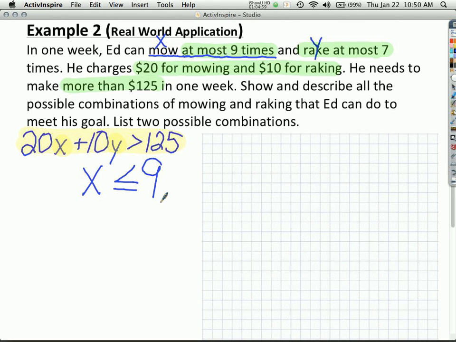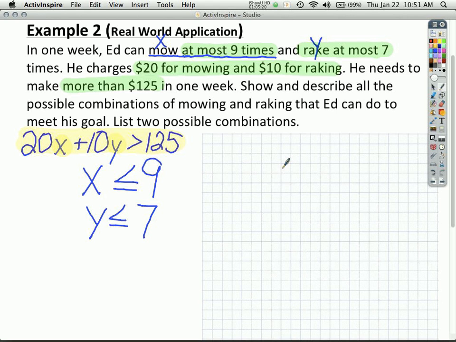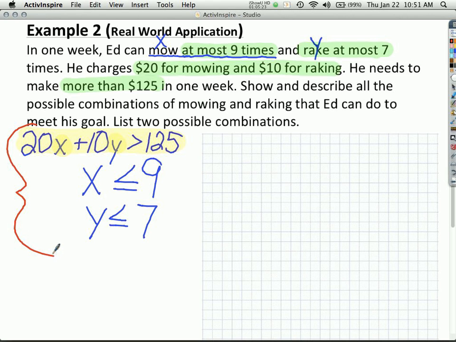So now what's the other restriction? What's the other statement going to be? Now you should easily be able to piece it together. Kianis? Y is less than or equal to 7. Y must be less than or equal to 7. And for the first time this year, you are seeing a system that is made up of 3 statements instead of 2. And a system can be made up of many. You are just usually limited in Algebra 1 Honors to 2 or 3, and this is the first time you're seeing 3. Any questions about that?